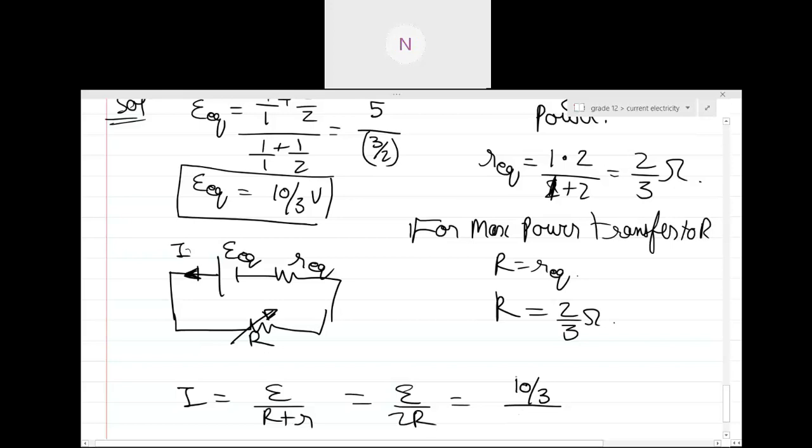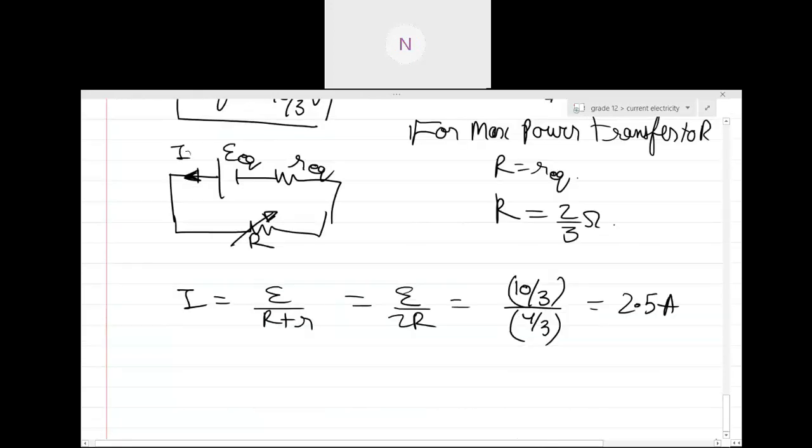So E is 10 by 3 volts. And 4 by 3. Yes? Yes or no, guys? So,